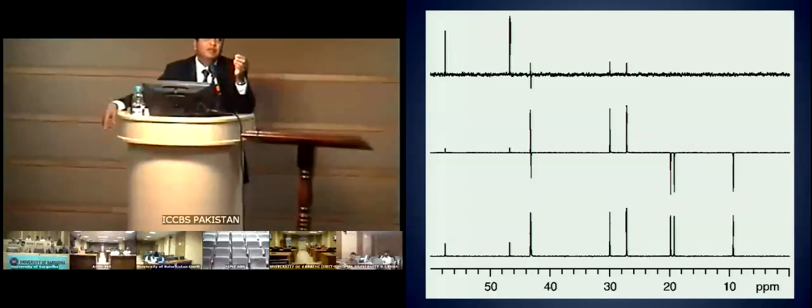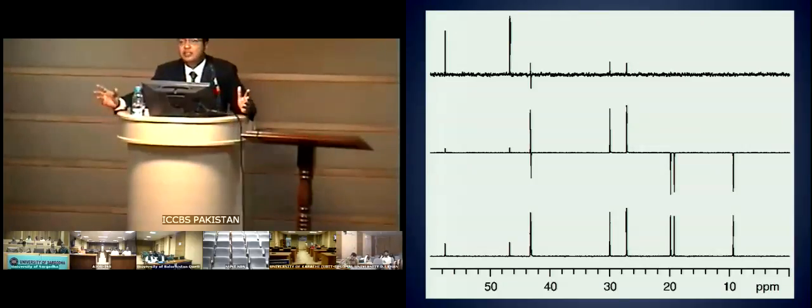The reason is that you would like to have a precision of radio frequency oscillation to an extremely high level for proton and carbon. If you are an inorganic chemist working on multiple different nuclei, then you go for multi-nuclear probes, which have many radio frequency oscillators, each capable of giving different types of radio frequency for a whole range of nuclei. If you are a protein chemist, you would like to work on a triple resonance probe,